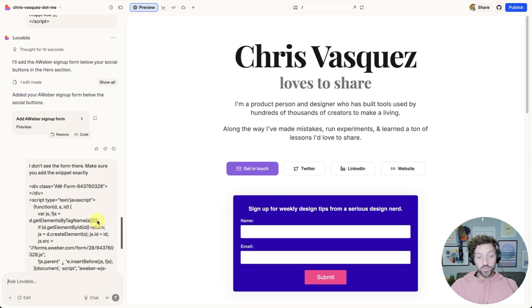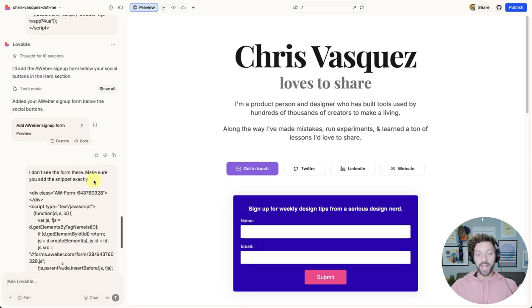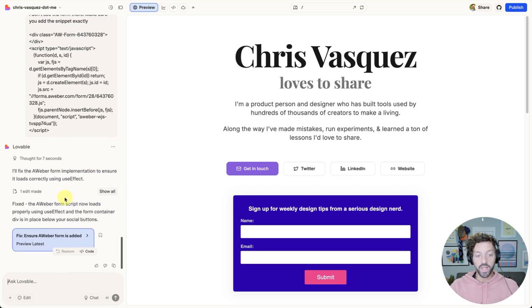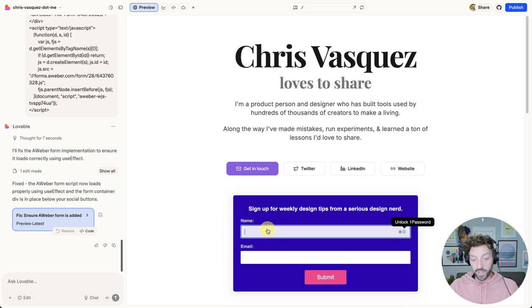Now, the first time I asked, it told me it had added the form, but I couldn't see it. So this is just a good lesson for when you're working with AI tools. I just told it that I didn't see the form to make sure that you add the snippet exactly. And then it did. And now you can see my sign up form is right here